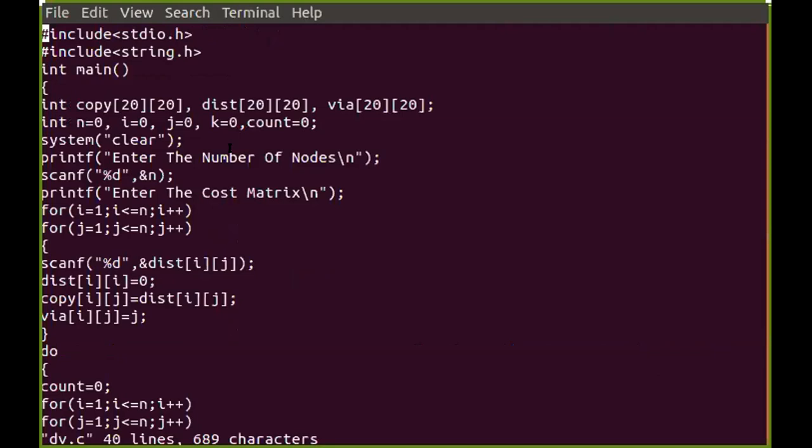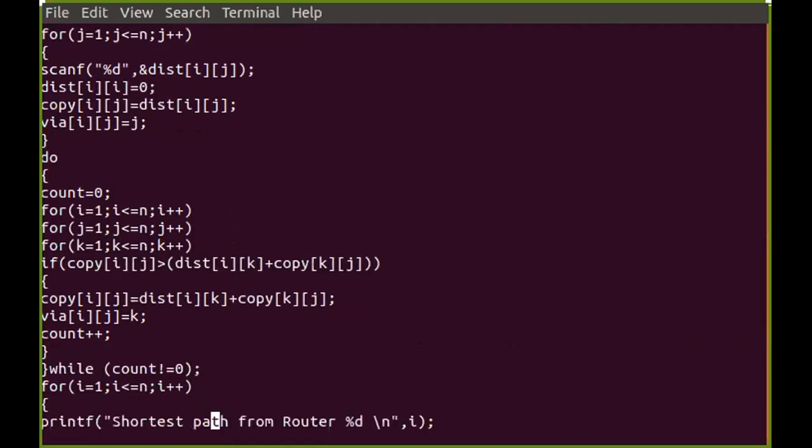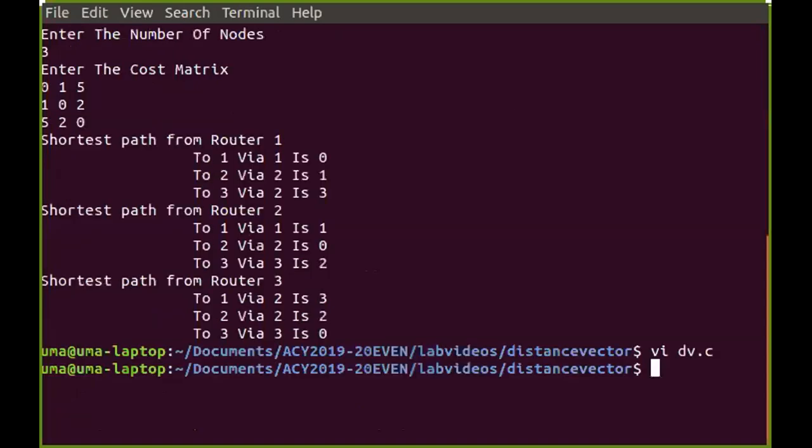In the code also, you have to first scan in the information. You can see how we are giving the information as a cost adjacency matrix. What we are doing is finding whether the direct cost is the minimum, or whether going through the intermediate node k is the minimum. If it is through the intermediate node k, then I update my information, and I update the next hop information as equal to k. So this is how we run this particular algorithm. I hope you understood this distance vector algorithm. Thank you.